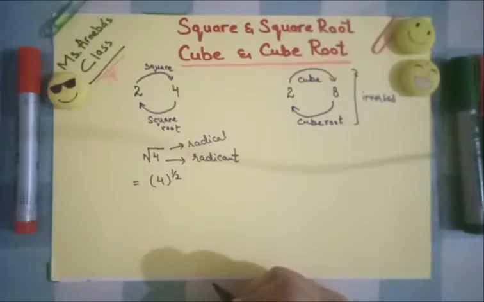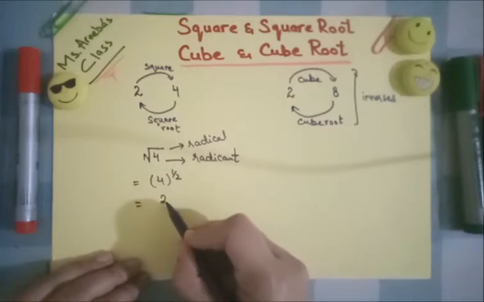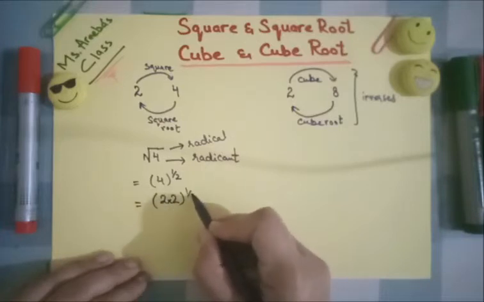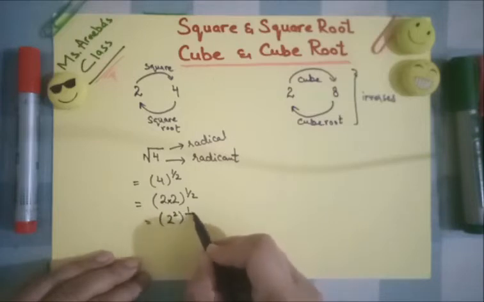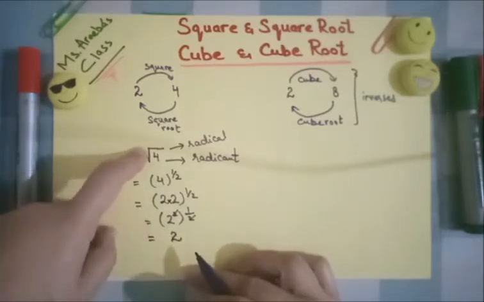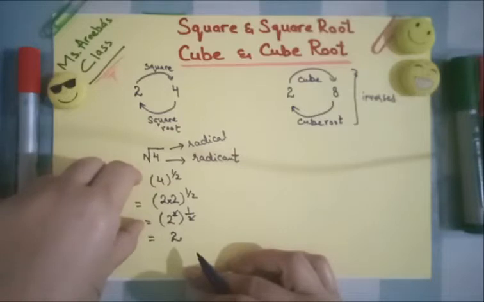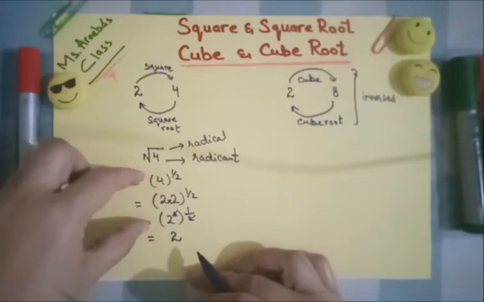Now I will show you how to take the square root of that. We know that 2 into 2 is 4, so it is, or I can write 2 into 2 as 2 squared, and 1 by 2 is its power. Now this 2 will be cancelled by this 2 and your answer is 2. It means that the square root of 4 is 2. At the back, these steps are very important to understand that the radical value is 1 by 2. We don't do these steps normally, but we should know that the radical value is 1 by 2.